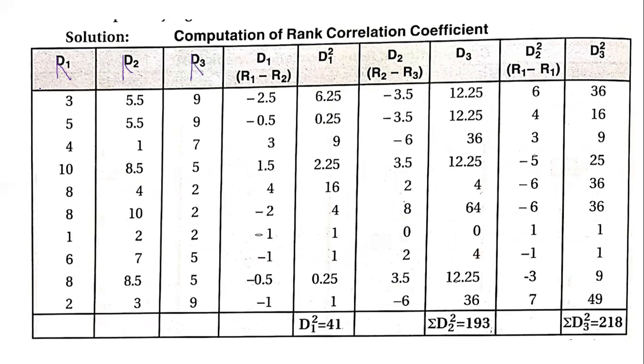Okay, so the R1 is, if you see here, let us see if you have any repetition of the ranks. So you have rank 1, then rank 2 is there, rank 3, rank 4, rank 5. That is all fine. Now, rank 6 is also only 1, that is also fine. Now, there is no rank 7, but rank 8 is repeated. So rank 8, let us give all of the rank 8 a square. Now rank 8 is repeated, which means this is 8, 9, and 10. That is what is given to us.